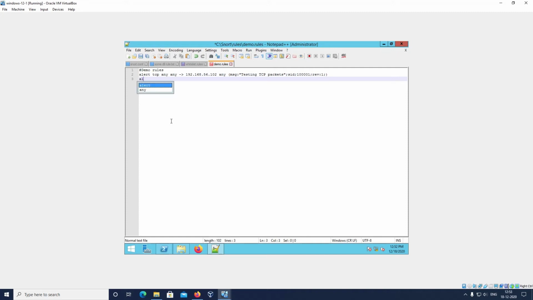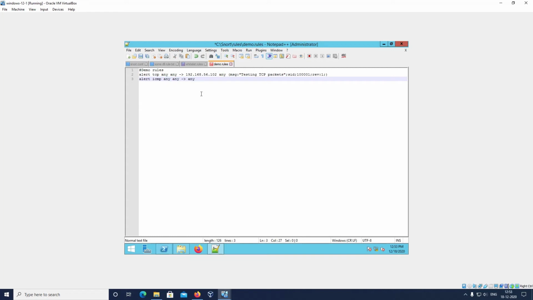Similarly, we will write the alert for ping. If anyone is pinging continuously to your PC, it will generate the ping packets. So I will write an ICMP rule for ping packets, from any PC on any network, with any to any IP.